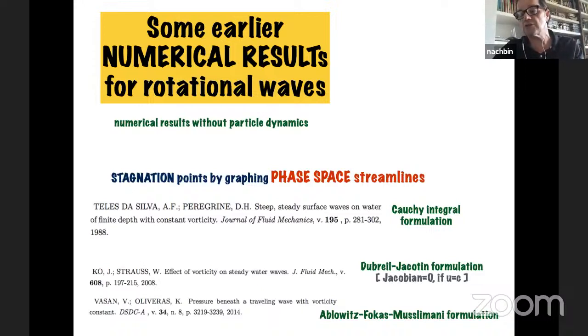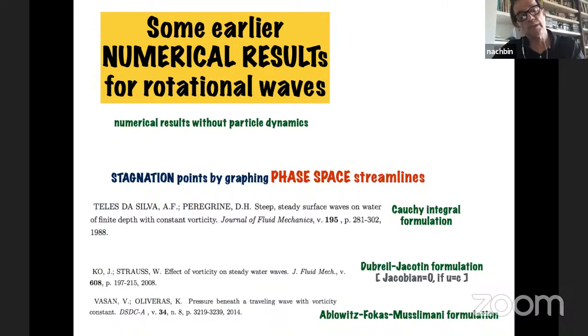Strauss did computations, but this equation has one sort of problem, in the sense that it is singular: the Jacobian is singular at the point where u is equal to c, exactly at the stagnation point, where c is the wave speed. So the particle has the same speed as the wave, and therefore in the moving frame it's a stagnation point, it doesn't move, or a critical point if you think of ODE type things,